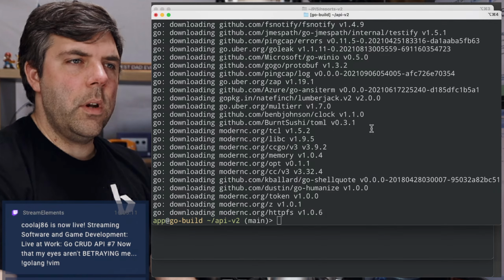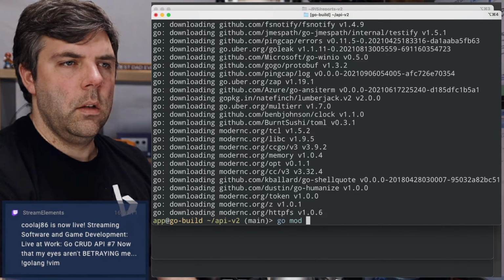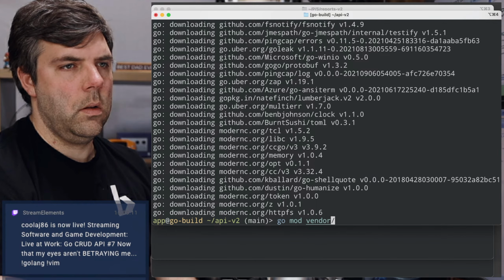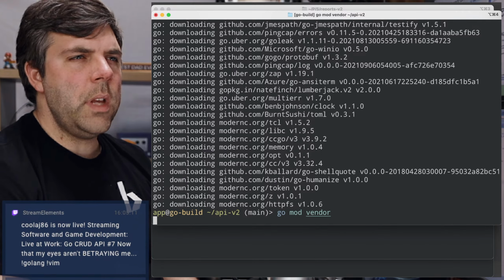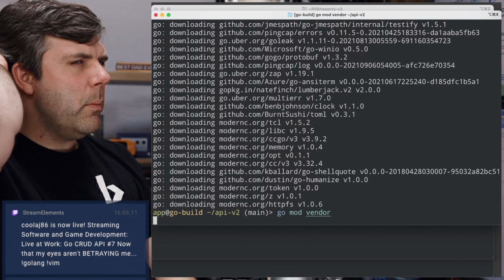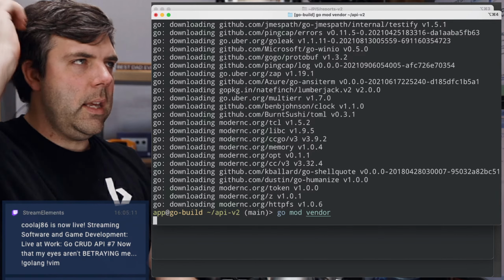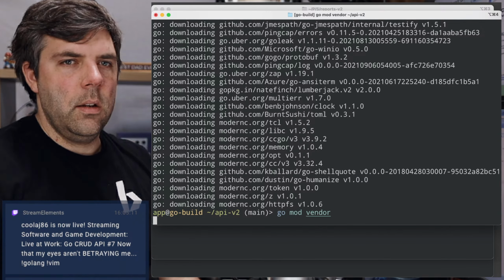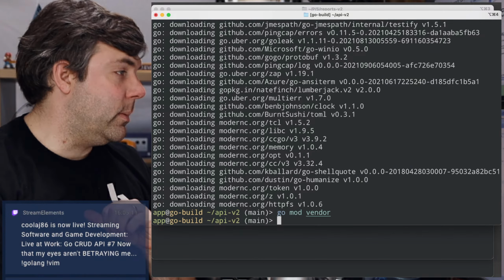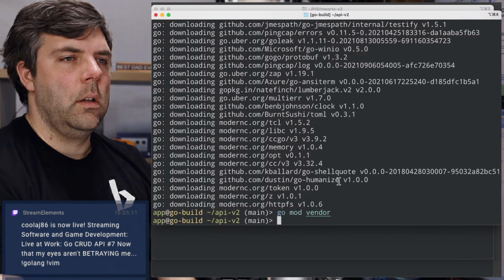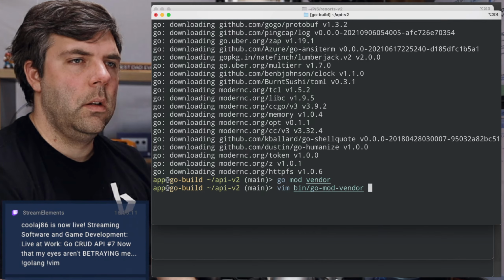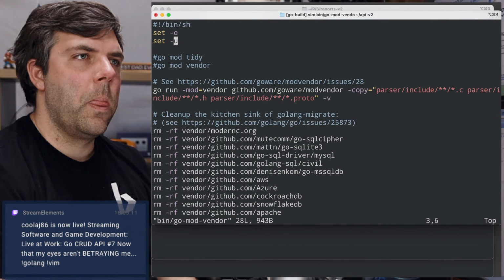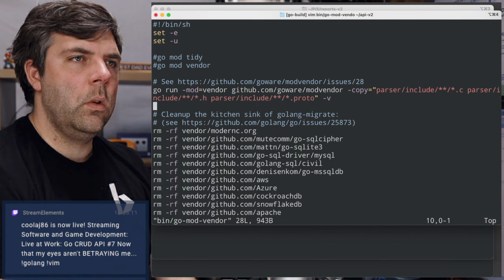All right, are we done yet? We're done. So there's something messed up with the build tooling, and for some reason I cannot run these things in a script the way that I'd expect. So I need to go mod vendor.